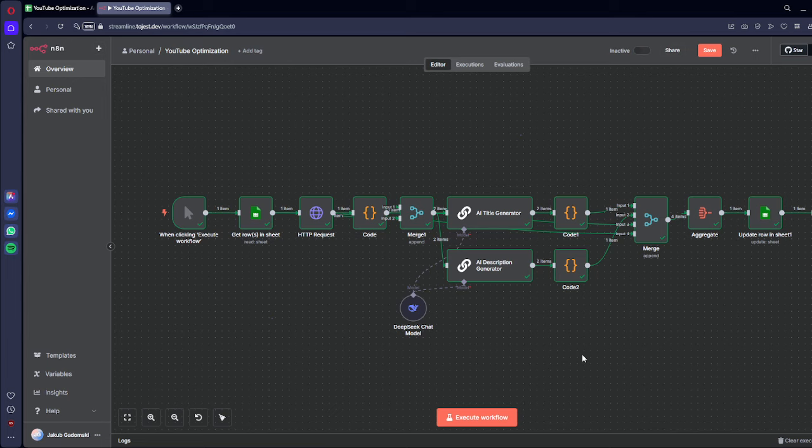You can also add an extra feature to the workflow, like keyword analysis to find the best keywords to use in